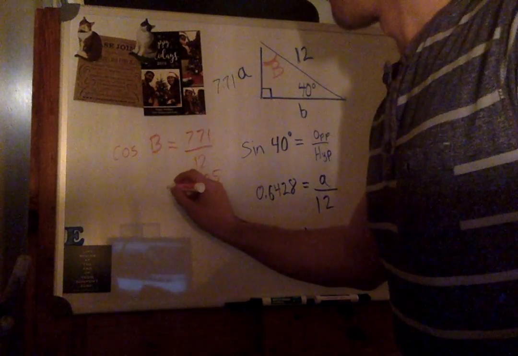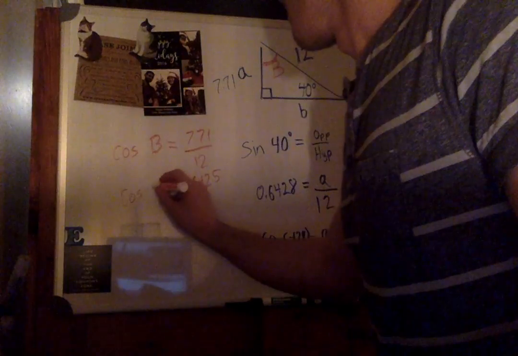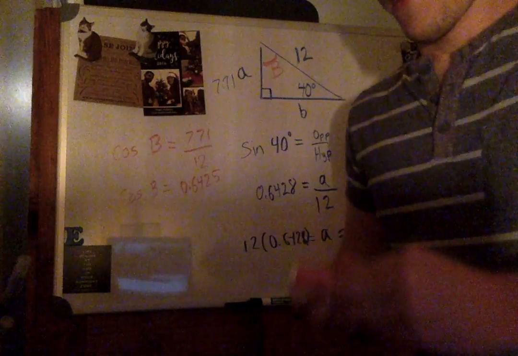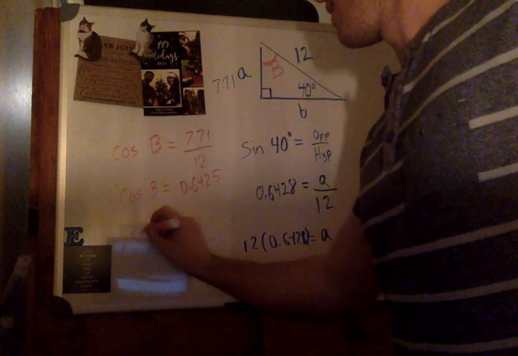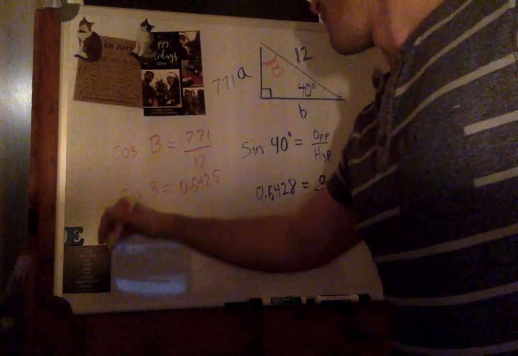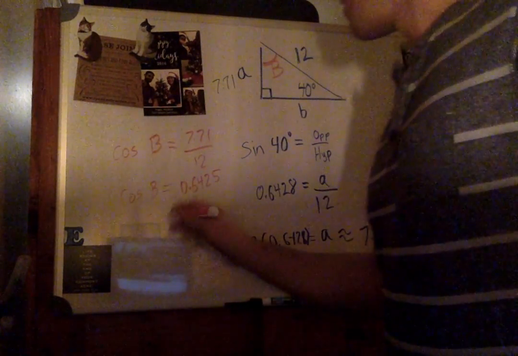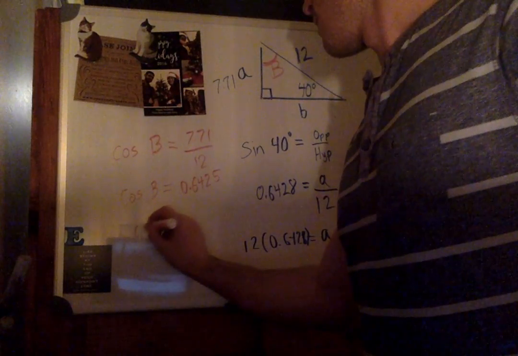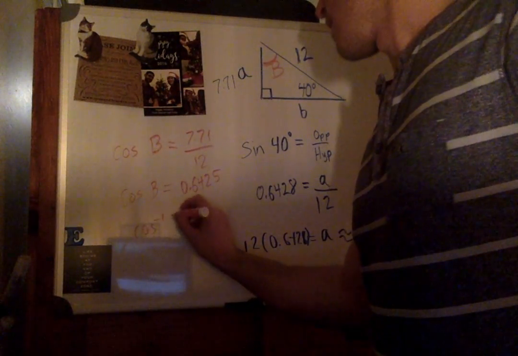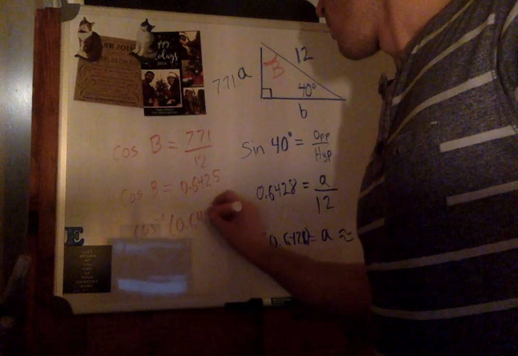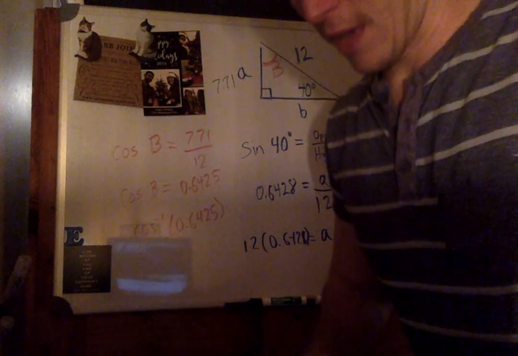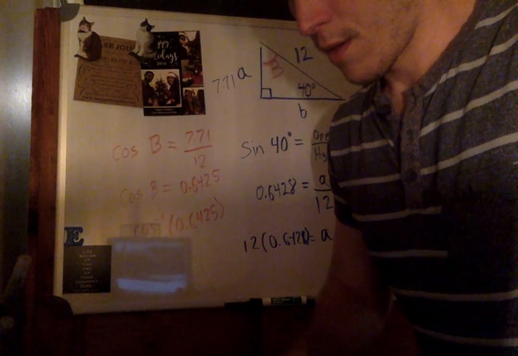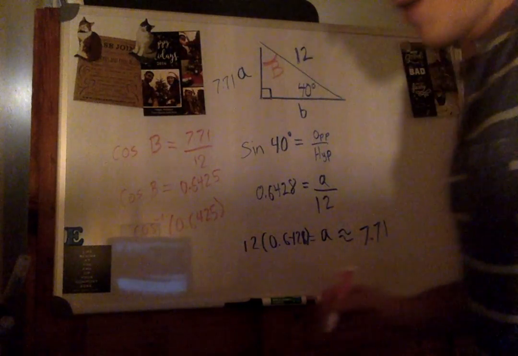0.6425. It's starting to look familiar, and I'm recognizing why that is, but I'll just play this out anyway. So if I know that the cosine of B is 0.6425, then what I can do is take the arc cosine of this thing, and it should give me an angle that B could be. So what is the inverse cosine, the arc cosine of 0.6425? Well, if I use my calculator for that, second cosine 0.6425, I end up getting